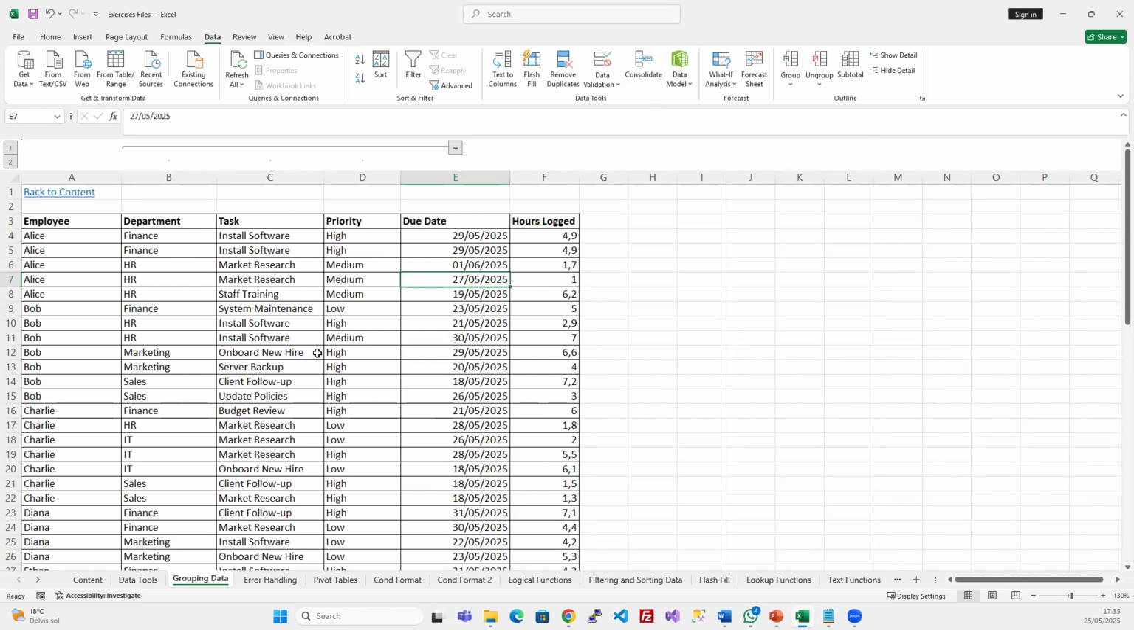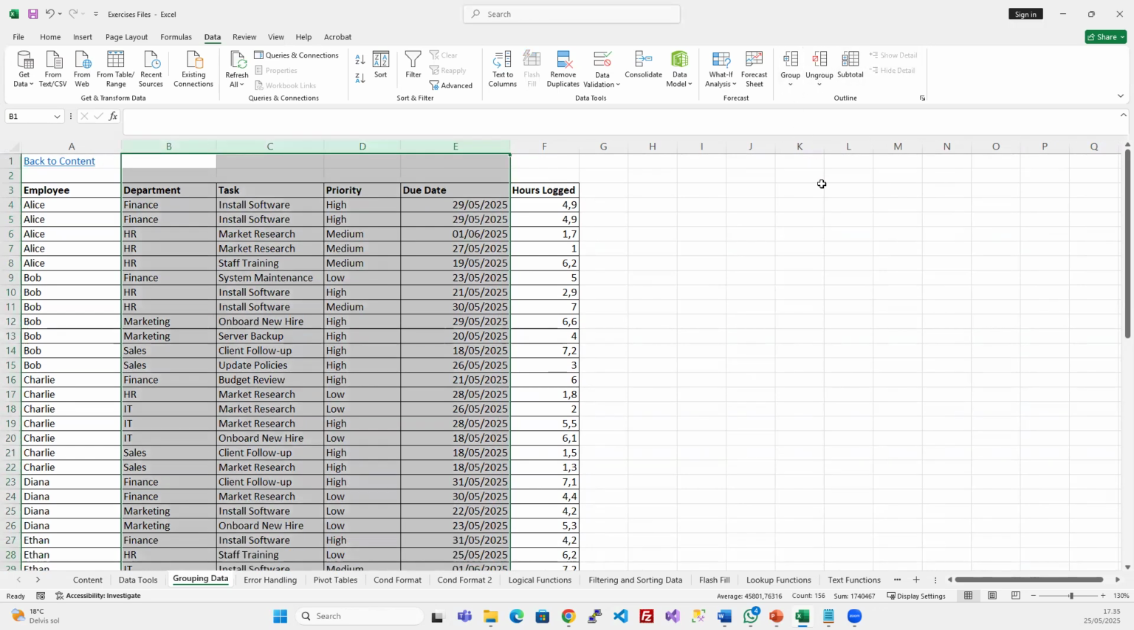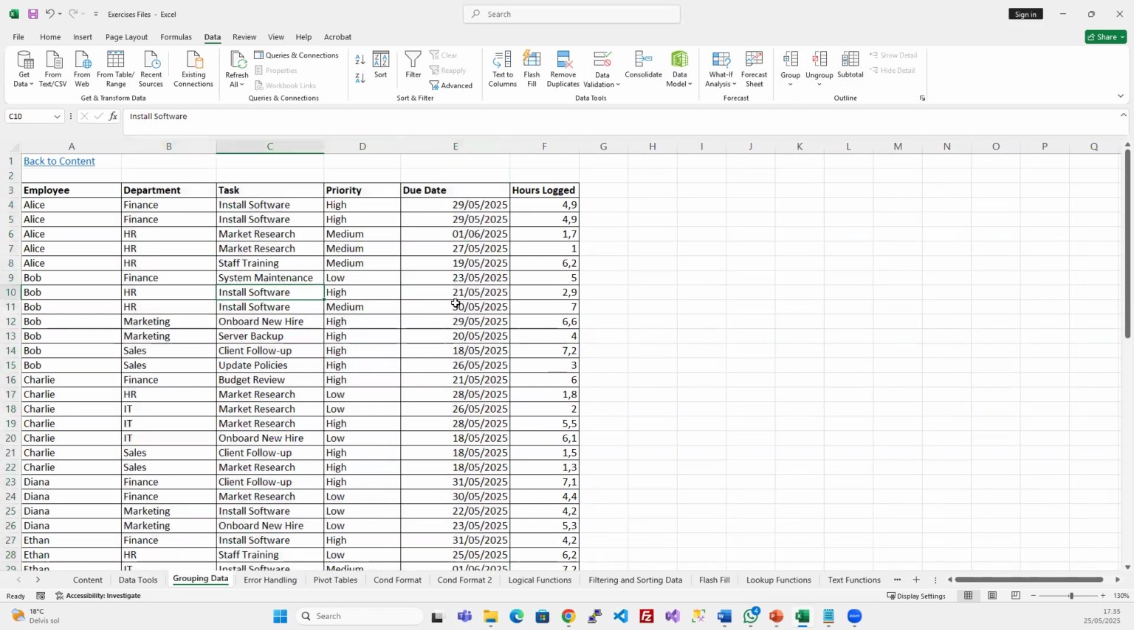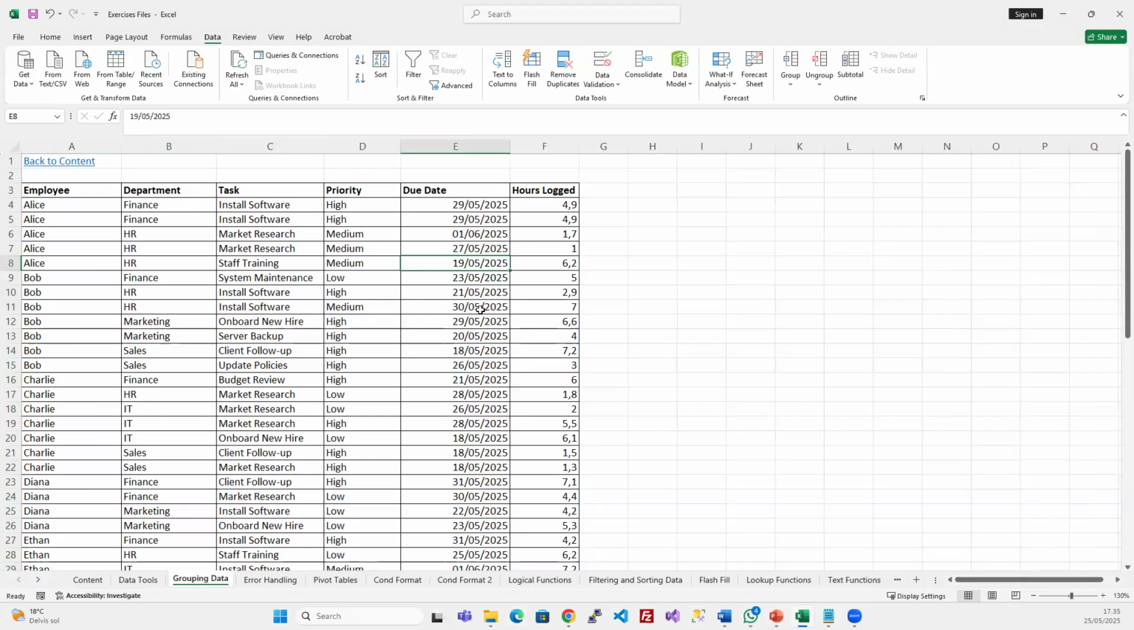Okay. As I said, to remove it, you can just highlight the same group and click on ungroup and it's gone. All right. Then we talk about subtotals. I think that's the next thing. Yeah, subtotals. So you can see here that we have a data set of employees with their departments, their tasks,